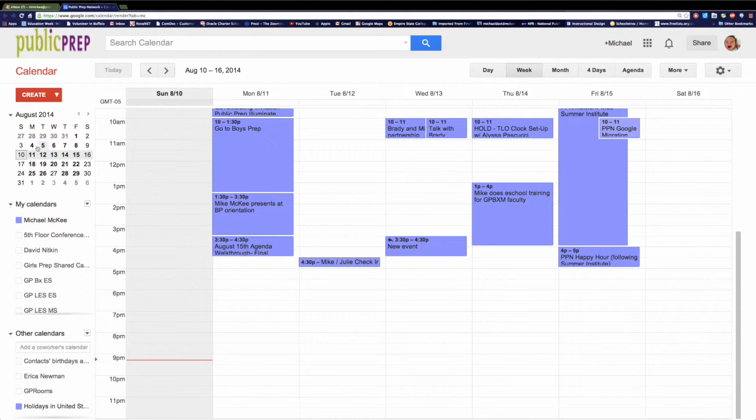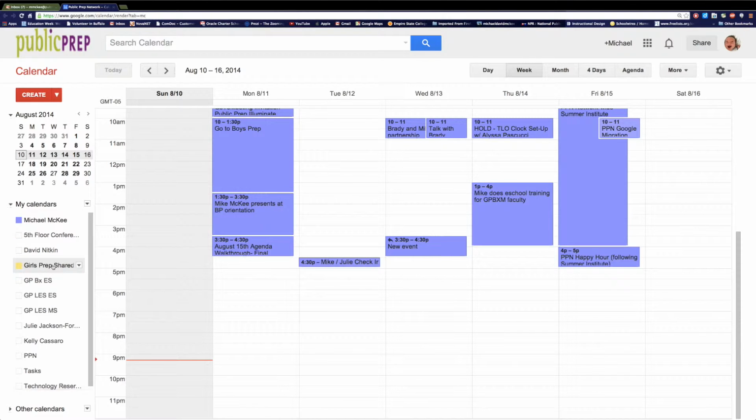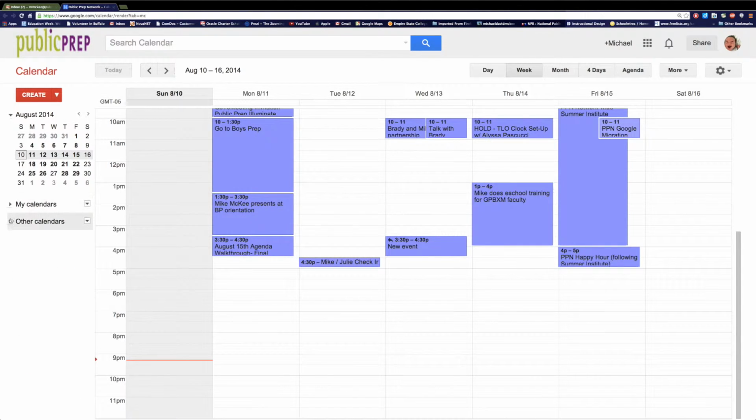On the left-hand side, you will see a mini version of an entire month, and then you will see your calendars and other calendars. Your calendars are, again, the calendars that you have editing permissions to. Other calendars are normally coworkers' calendars that you can add. Just underneath the other calendars